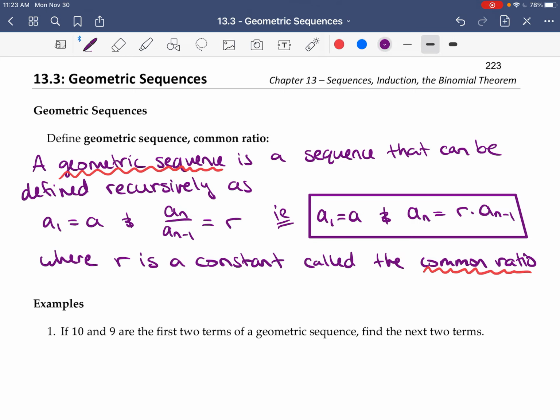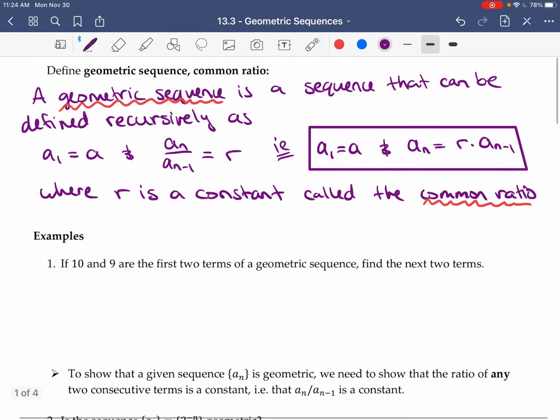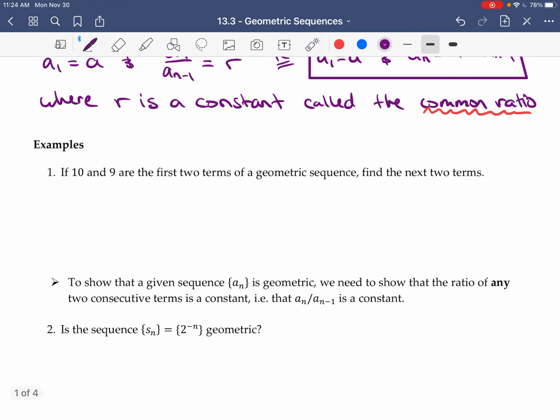That happens when you get to the next term by multiplying by this common ratio. So an example: if 10 and 9 are the first two terms, so A1 is 10 and A2 is 9,